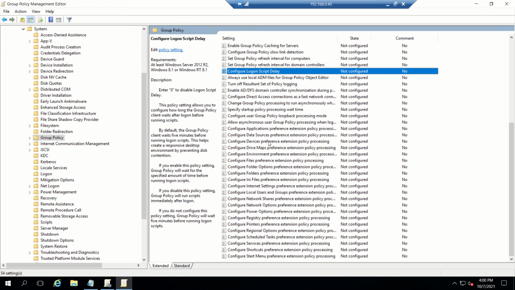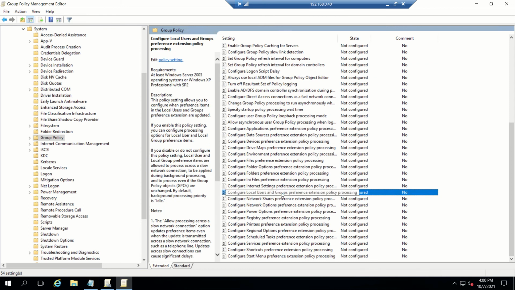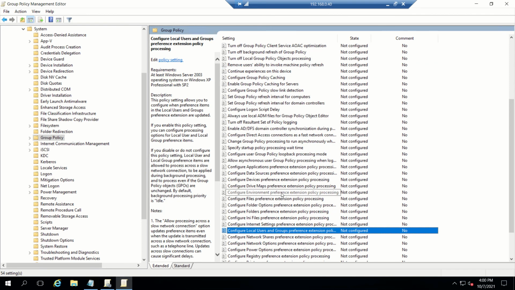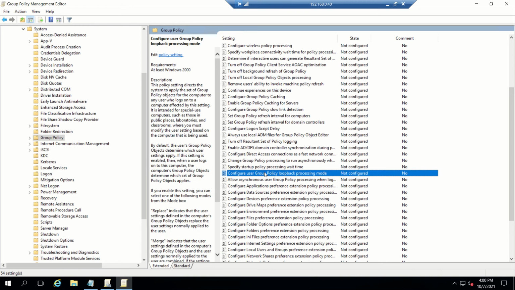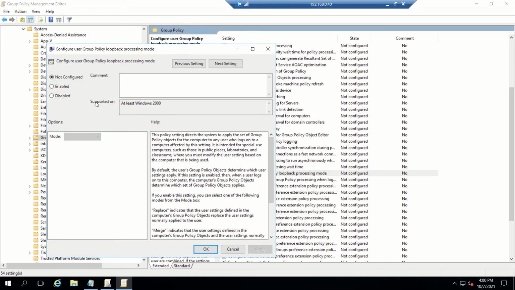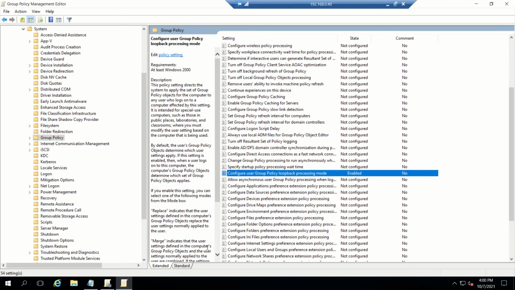Configure user group policy, this is the one. So we need to enable it, and the mode is replace; let it be default. Once this is done, this allows user account policies to be applied to the computer account. So now we'll go to our chat